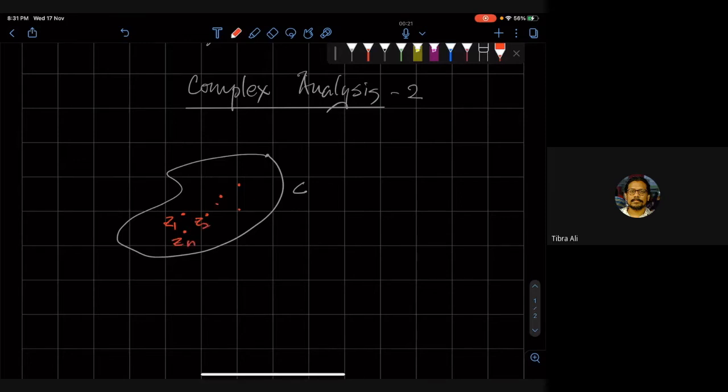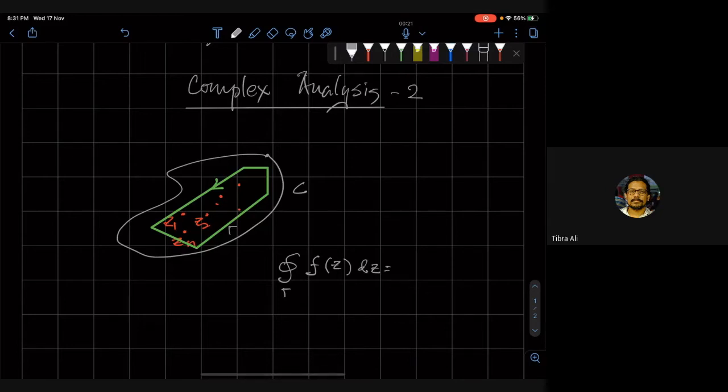Now, if I take a contour, sorry, this is a very ugly contour, but it's a valid contour, which surrounds all those singularities, then the contour integral over this contour, let's call this contour gamma, of the function f of z, which is holomorphic except at the points where it blows up,